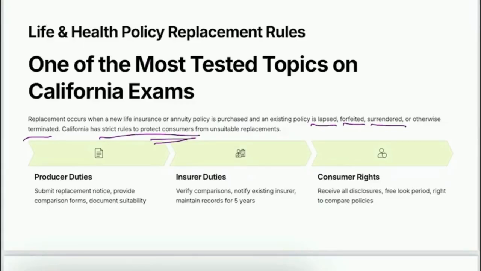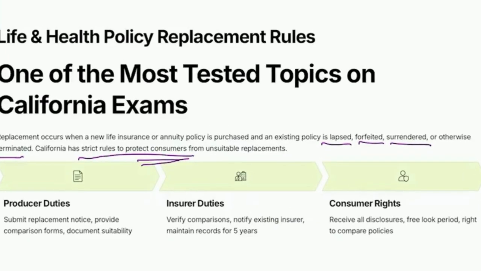Okay, so you are going to be replacing policies. It happens, right? People have policies. You're trying to sell them. Insurance companies are trying to gain new customers everywhere. But there are strict guidelines and rules in place to protect the consumers, protect the public anytime we're replacing policies. And they do not take these lightly, right? We cannot be putting people in a worse situation without clearly explaining the benefits.